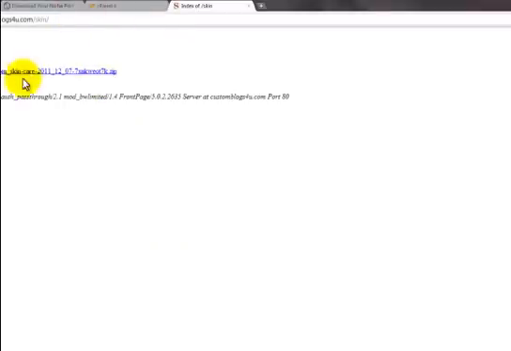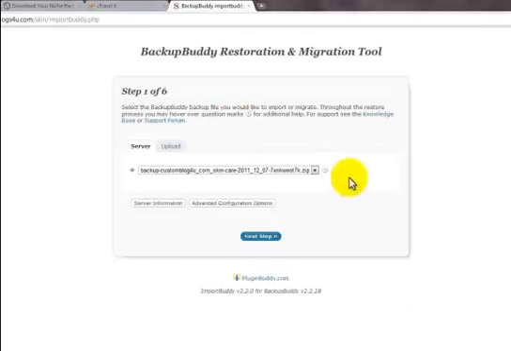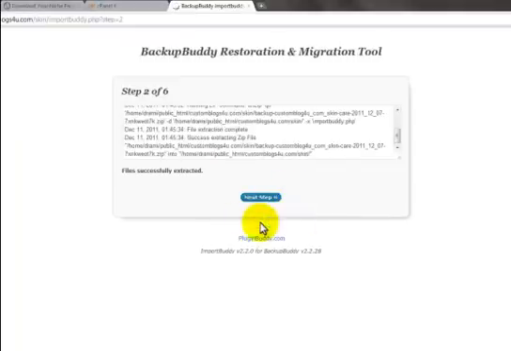You can see 2 files. Just click on importbuddy.php. Okay. Now my BackupBuddy plugin will do all the magic for you. You just click on the next step. Okay, again click on the next step.